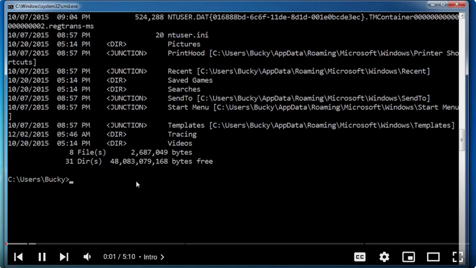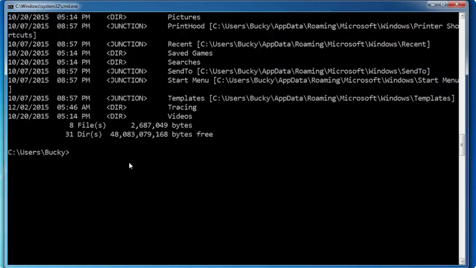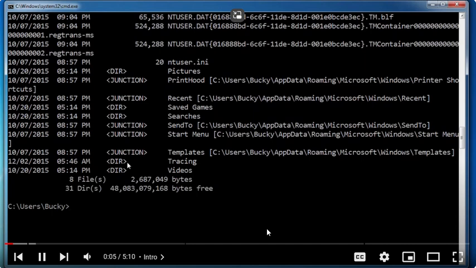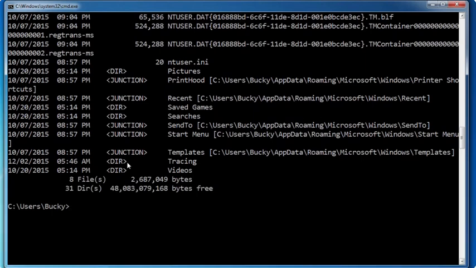Right now, look at this. We got a bunch of stuff on the screen, and this command line is just getting a little bit cluttered. So a very useful command that you can use is cl